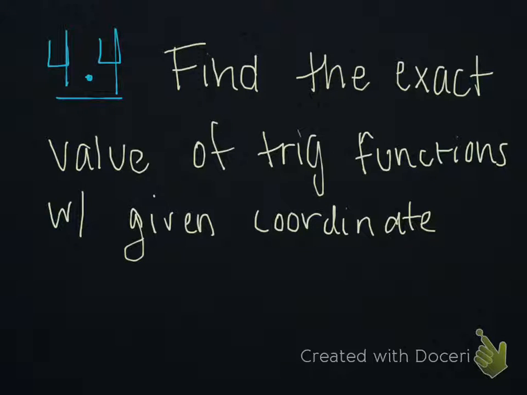Today we're in 4.4 and the objective is the same as yesterday. Find the exact value of the trig functions with the given coordinate. So this is what we're going to call day 2, or continued off of yesterday's lesson. So first example